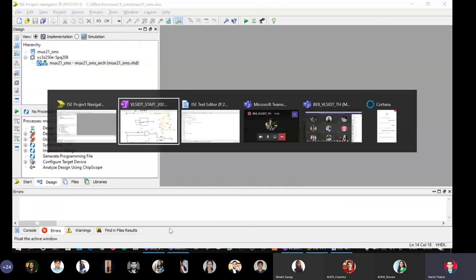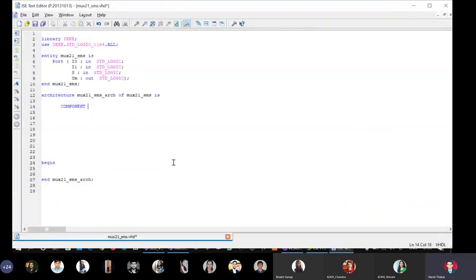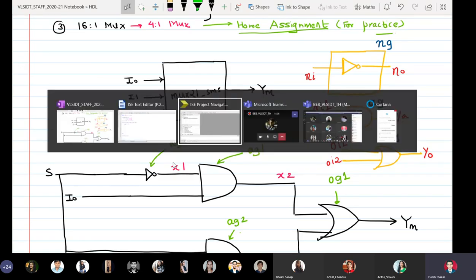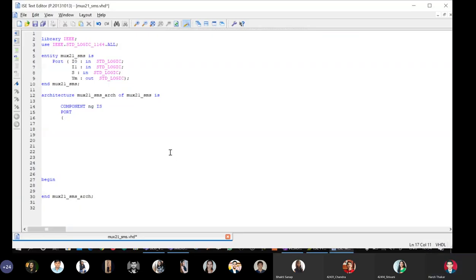So component NG is port, and my signals are NI and NO. NI in std_logic, NO out std_logic.